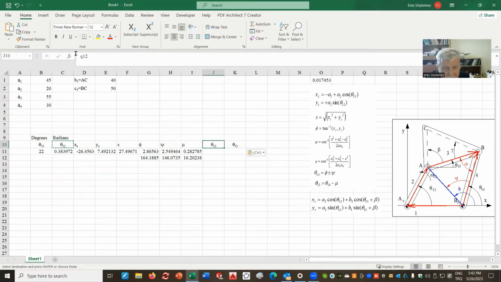This is laziness, 4 and 3. Theta 14 is equal to pi minus psi. Theta 13 is equal to theta 14 minus mu. Let me repeat, this is for the open form of the formula. These are the angles